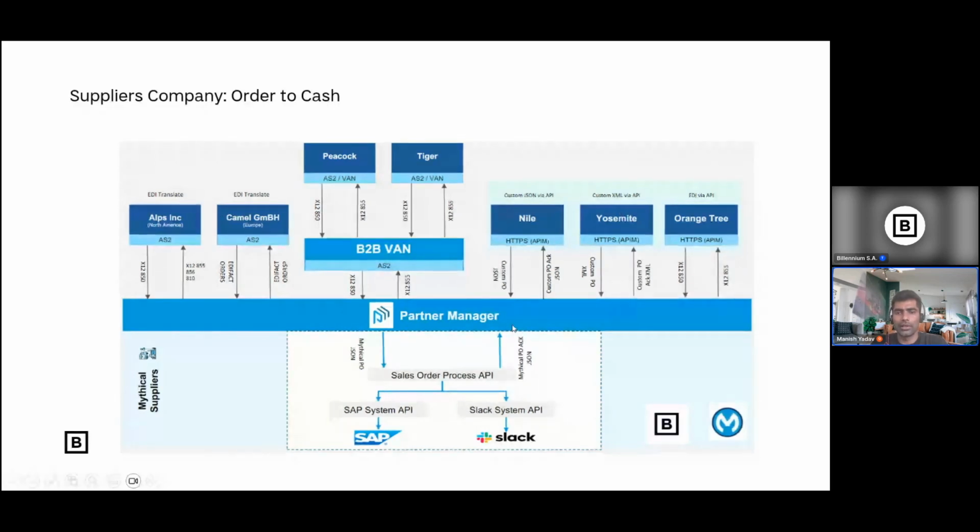They know how to deal with the protocol, how to set up a certificate. They know how to format the JSON. They know how to change the key-value pair. So they are smart enough. But these people are dumb people. Now, once you receive the order, the partner manager's role is to convert those formats to the expected format of SAP. That's all.